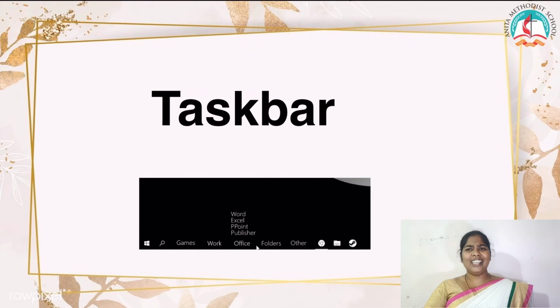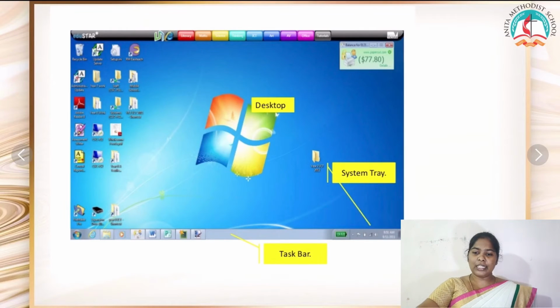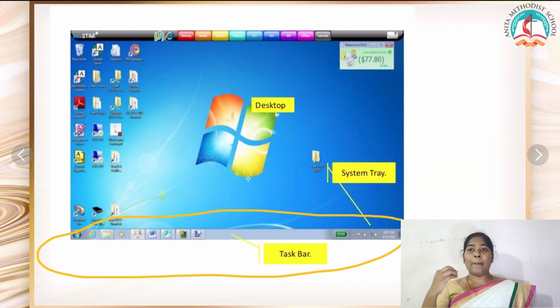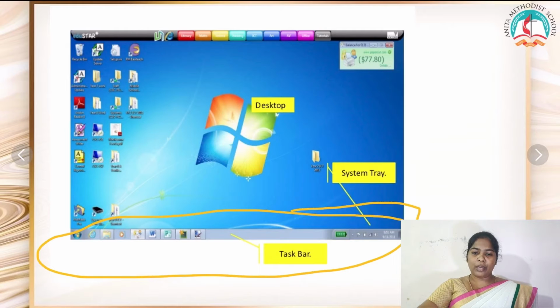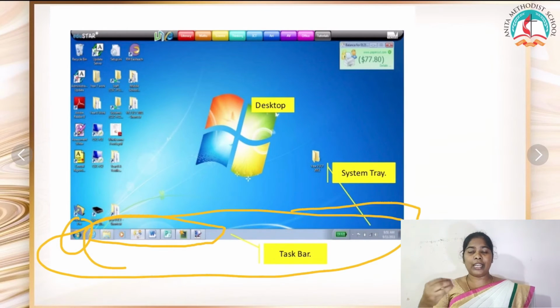Yes, what is this? Taskbar. Okay, taskbar, which helps us to complete a task in our system. When you look here, this shows the taskbar. The application which is currently executed will be shown here. For example, this is the start menu and all the things that I am currently working with in that particular application. For that reason, that has been shown in the taskbar.